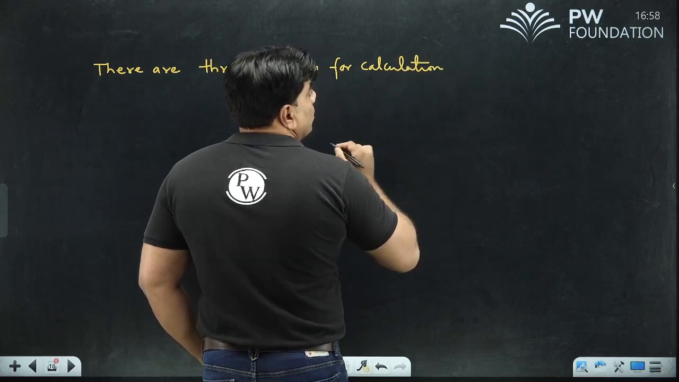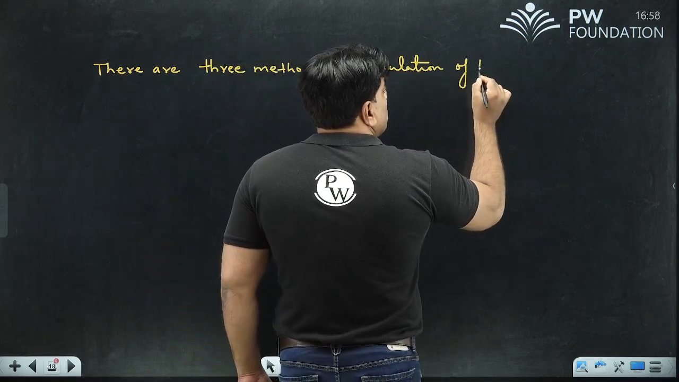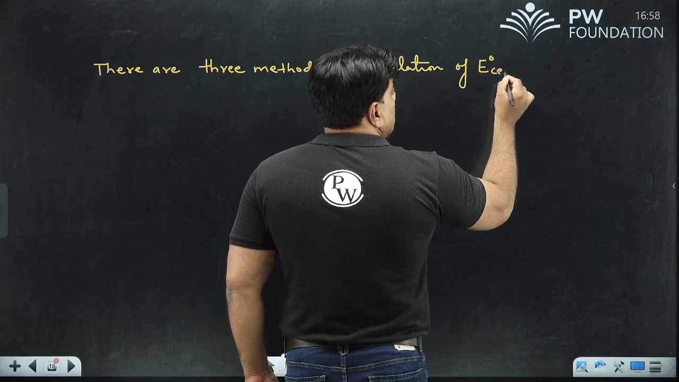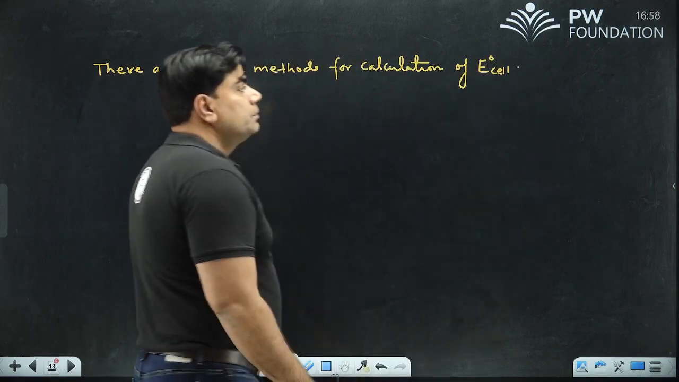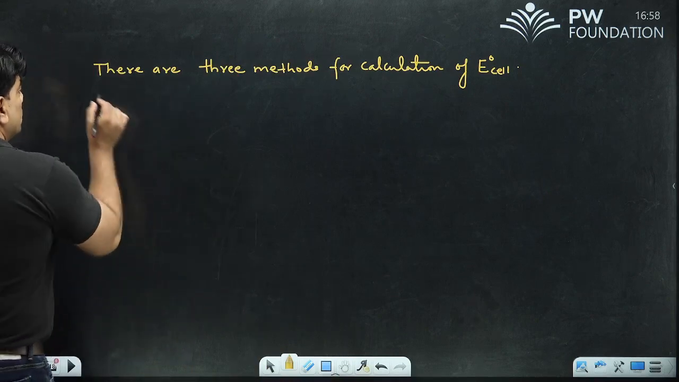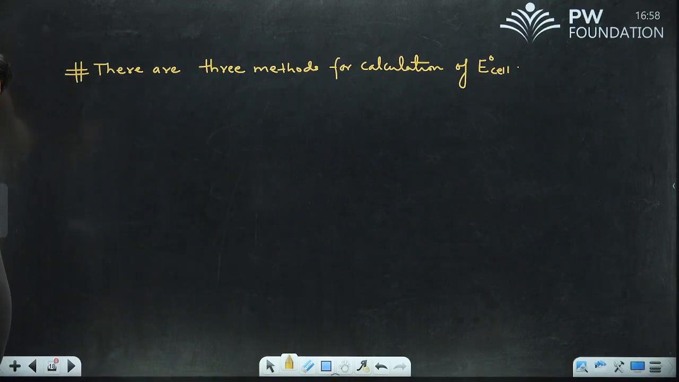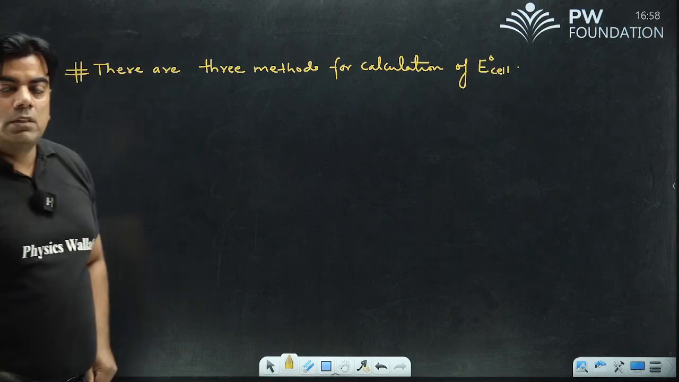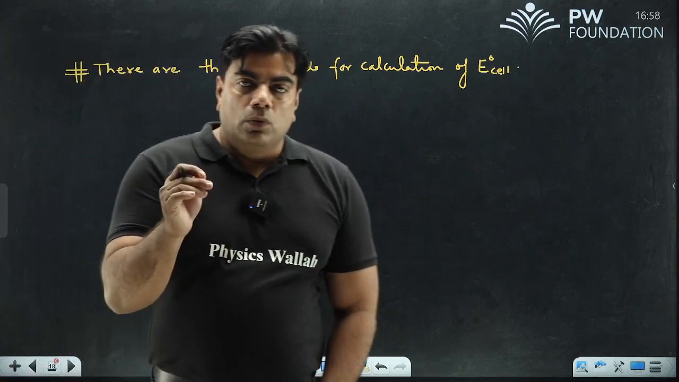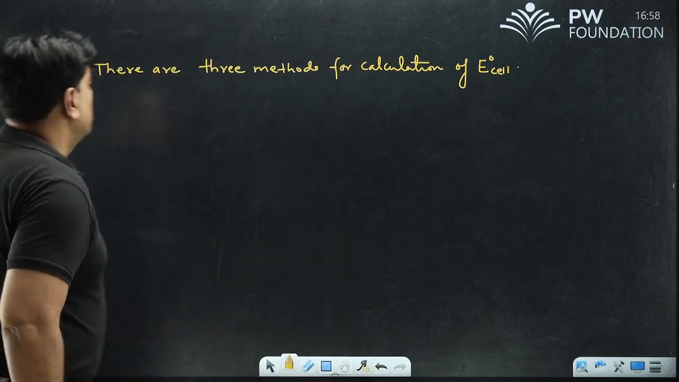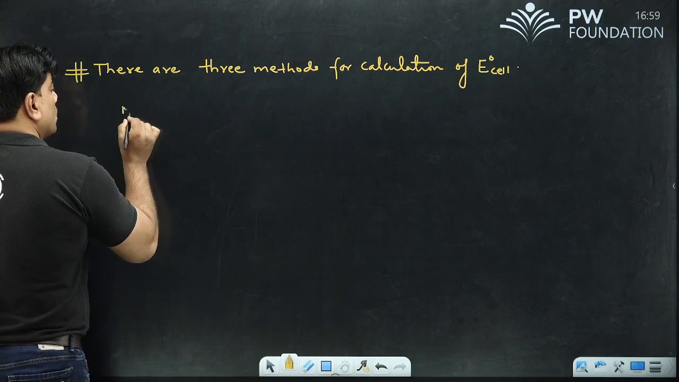For calculation of a standard EMF of cell, this is the symbol of a standard EMF of cell. There are 3 methods for calculation of a standard EMF of cell. Before knowing these 3 methods, I want to write one notable point. Note that